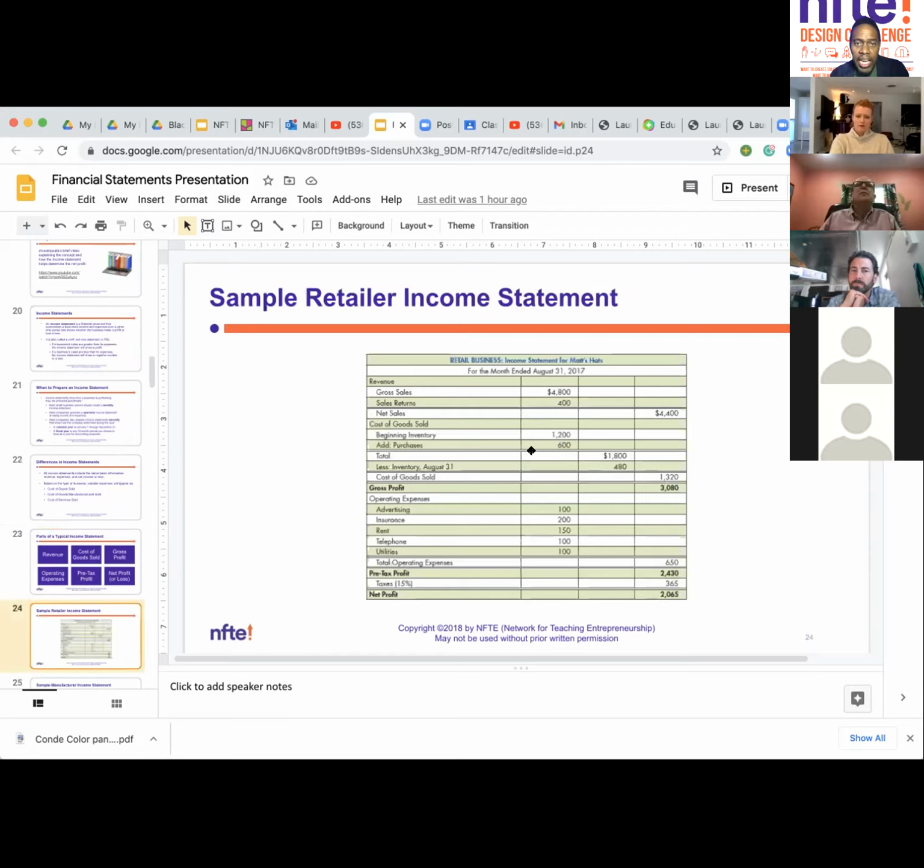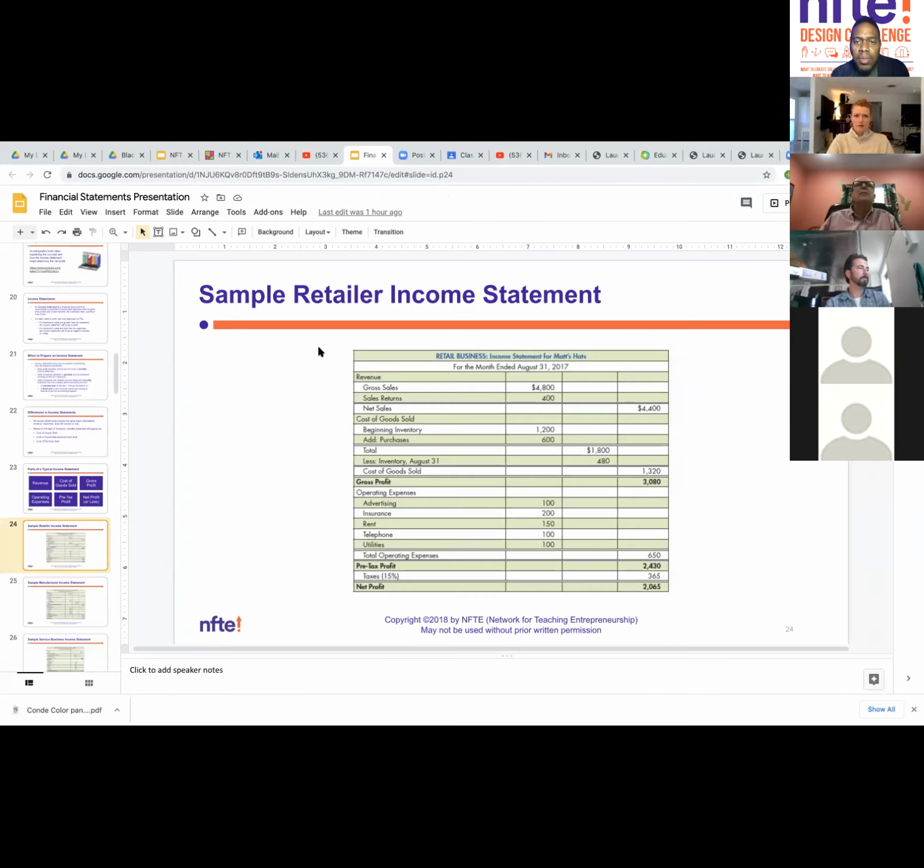So let's take a look at an example here. This is an income statement for a retailer. So gross sales, 4,800. How many units they sold that year? In 1 year. Now, this is a yearly statement. In 1 year, and keep in mind